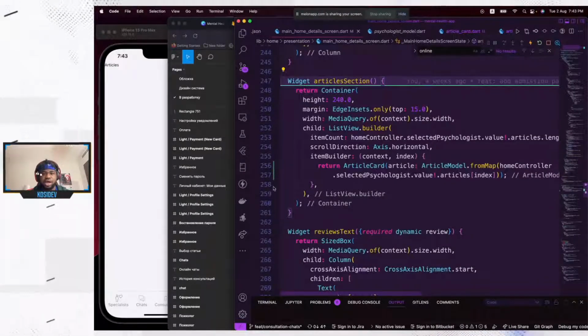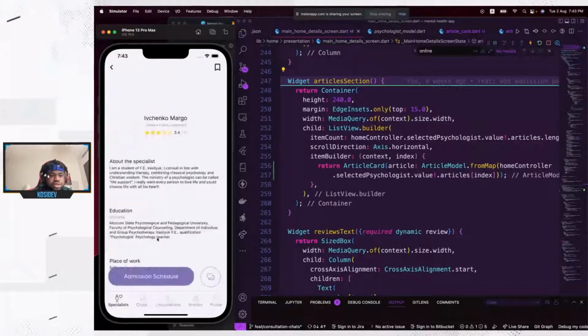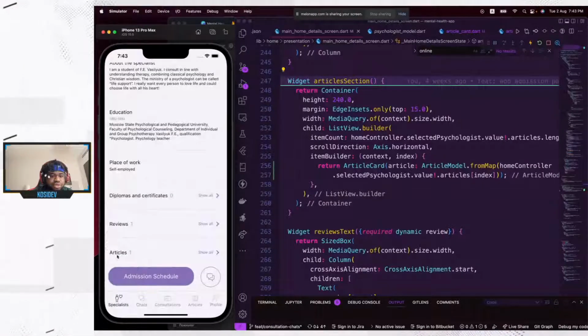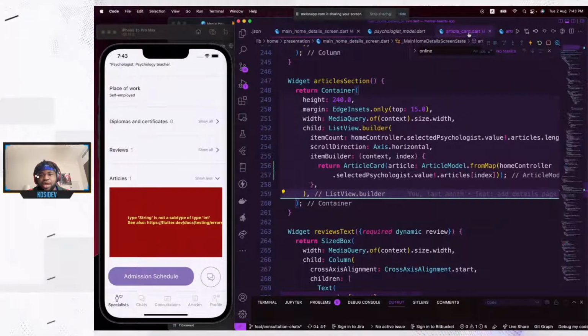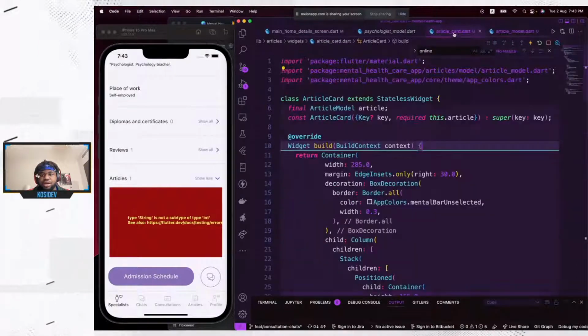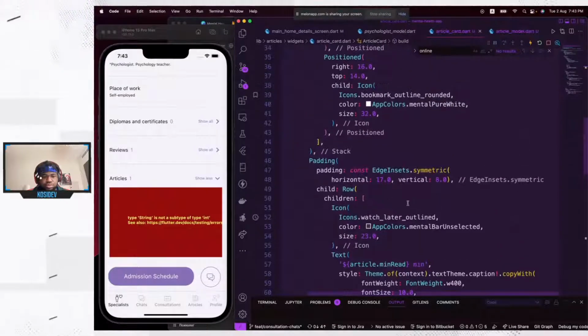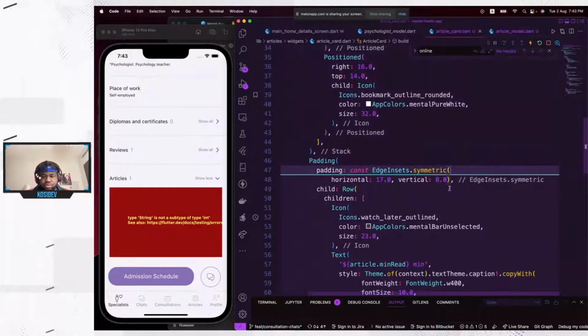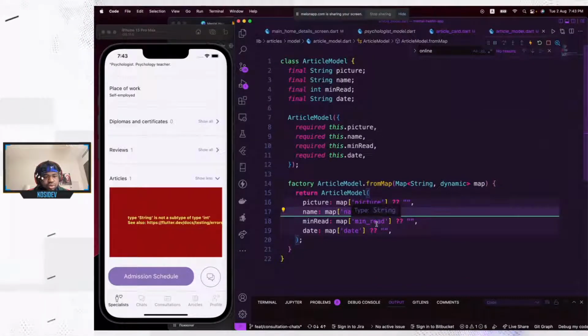So let's check that out. If you go to the specialists, yeah, tap on this user, scroll down. So this is the article section. Open that. So we're getting an error: type string is not a subtype of int. So we already know where that error is coming from. We talked about that. So that should be from the article model, and we could say map. So this is the place where that error is occurring. This one,